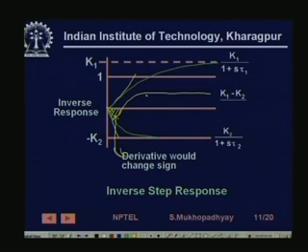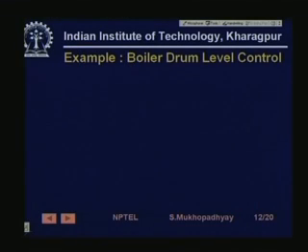So, now having seen the kind of responses that we expect, let us at least see one example of why it happens at all. This is a very classic example of this kind of process, an inverse response process, sometimes also called non-minimum phase systems. And this is a classic boiler drum level control, one of the very classic examples of an inverse response process. You know, boiler drum means that all boilers, if you go to a power station,